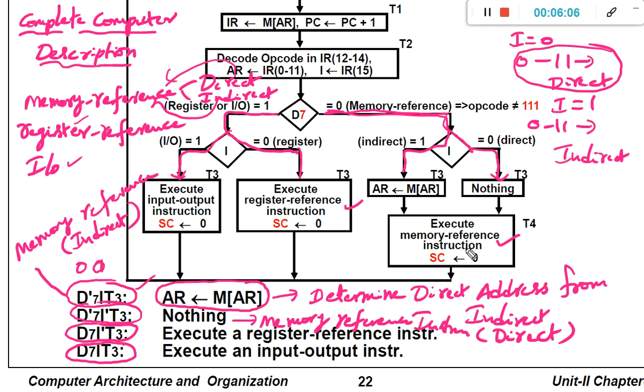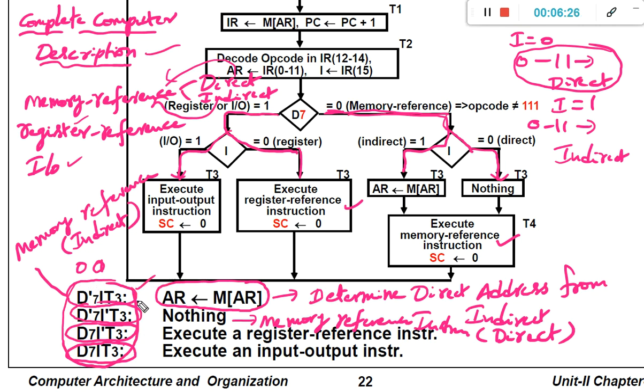Already we discussed this particular flow chart. However, before moving on to the next topic, the complete computer description, we need to once again refresh our knowledge, because we are going to use these codes in the complete computer description concept also.